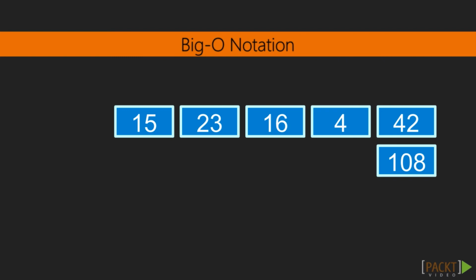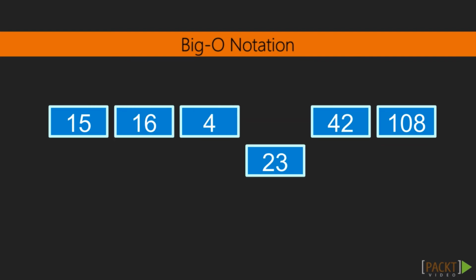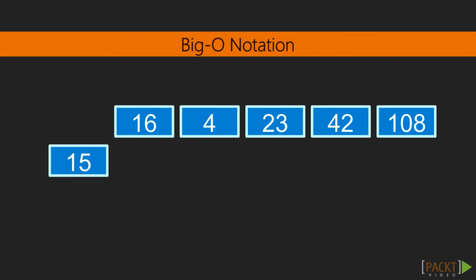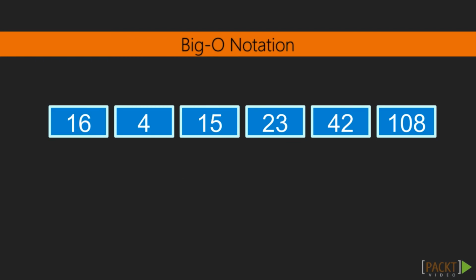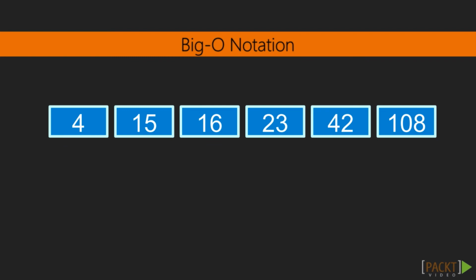If the number on the left is less than or equal to the number to the right, we ignore it and go on to the next step. Now we compare the next item in the list to the one next to it. We repeat the steps until we reach the end of the list. Then we start over again until no swaps are required throughout the path, at which point the list is fully